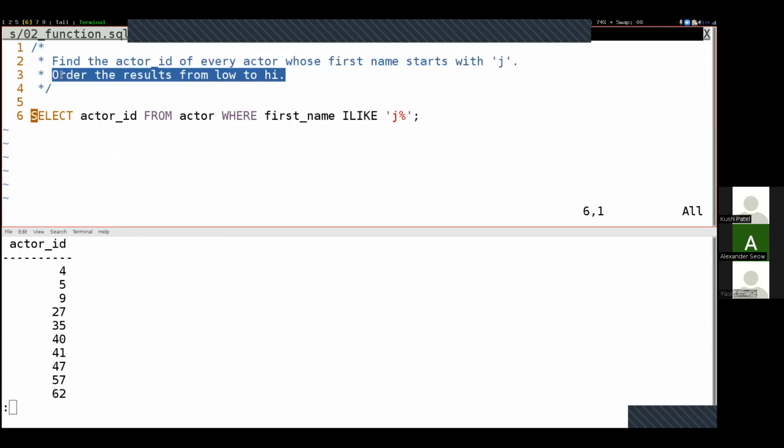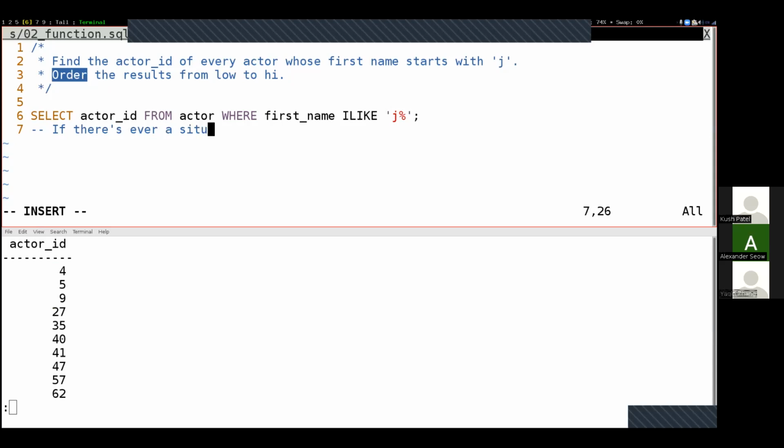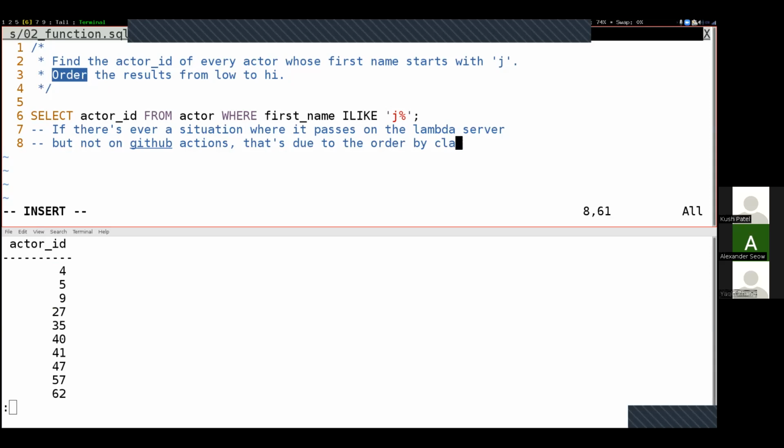One of the very common mistakes on these Pagila assignments is that things will work on the Lambda server, but they will not work on the GitHub Actions. And that's always going to be due to your ordering. If there's ever a situation where it passes on the Lambda server, but not on GitHub Actions, that's due to the order by clause. Technically, without the order by clause,